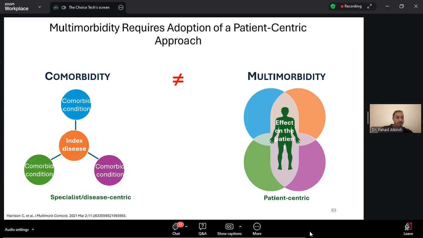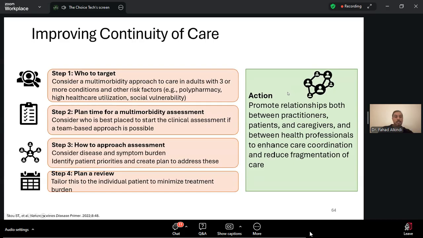treatment of the patients. In contrast, multimorbidity does not routinely place one single condition, but rather places the patient in the center of the care, whereas comorbidity will eventually lead to giving care to every comorbidity that this patient has. And that's why, in order to improve the continuity of care, we have to shift from disease-centered care to a patient-centered care. And that has to be done through certain steps